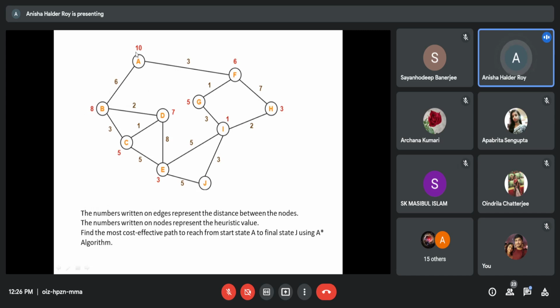Here, ignore this one. The heuristic, sorry, the g function is okay from the previous one, but heuristic is for the current node. Your current node is B, so you have to take this heuristic. So summation would be 6 plus 8 and 6 plus 3.